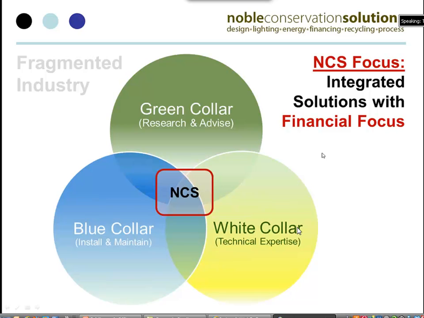So NCS plays a role right in the middle with regards to really understanding the financial focus. What we've found is that the decision makers, quite frankly, turn out to be the white collar individuals, although there's an awful lot of recommendations coming from the green collar area. The white collar is kind of where it sits, the CFO of the company, the CEO, the individuals that have to answer to shareholders. And we found that in the blue collar area, the efficiencies that we can create and